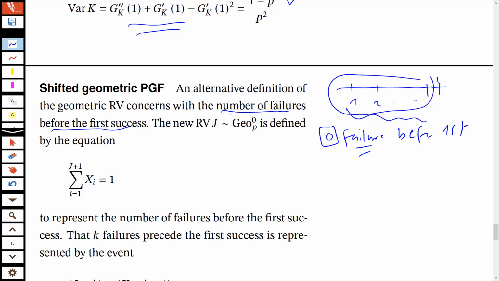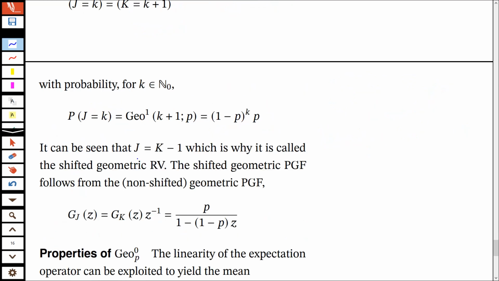So if you want to find out the distribution of J, you can consider this event. Yeah, you want the sum of those Bernoulli random variables to be 1, because you still want that first success. Counting the number of failures doesn't mean that you are not looking for the success. You still want that first success, but J now just includes the failures, and you have to add that last trial which gave you success to give you this equation. And the probability of this equation can be